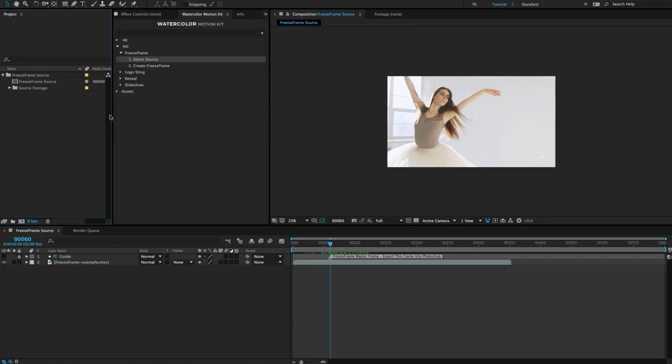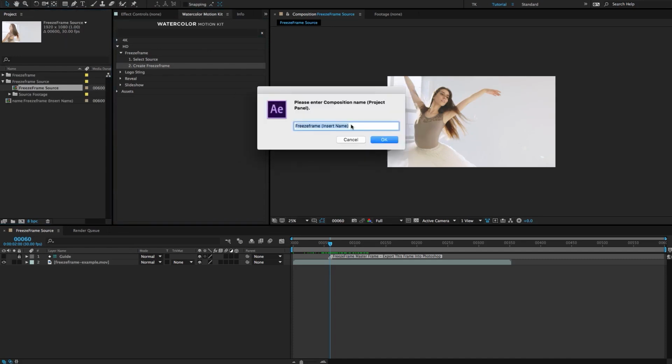And now the next step that we have to do is, under the freeze frame within the Motion Kit, go to step 2, create freeze frame. Now what this is going to do is it's going to use the composition that we created in step 1 to create the freeze frame. So we'll double click into there. Similar to the reveal animation, it asks you if you want to name the composition. So we'll just name this